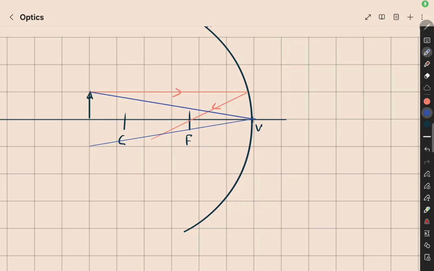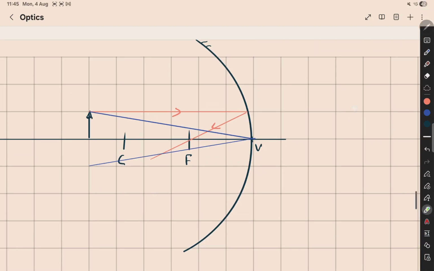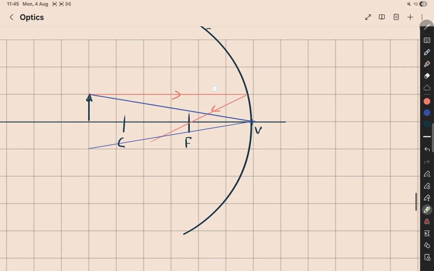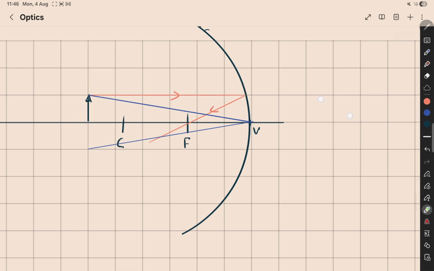So today I will derive the mirror equation. It's an equation that describes how the image is formed in spherical mirrors. If you know where the object is placed and the size of the object, so if you know this distance here and the size of the object, with the mirror equation you can calculate where the image will